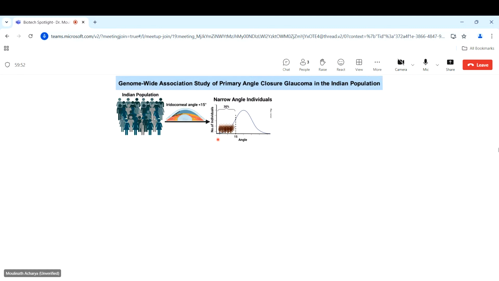If you can look at the data, this is a published report where it says that 30% of the normal population is actually having these occludable angle or narrow angle. So this is not angle closure though. Okay. So what we thought that